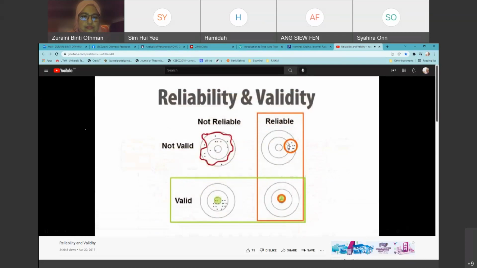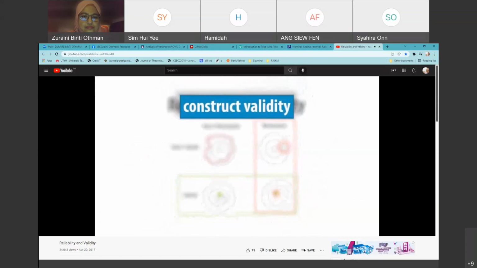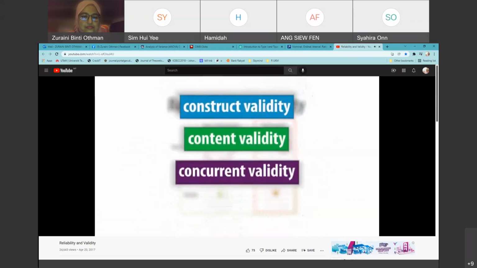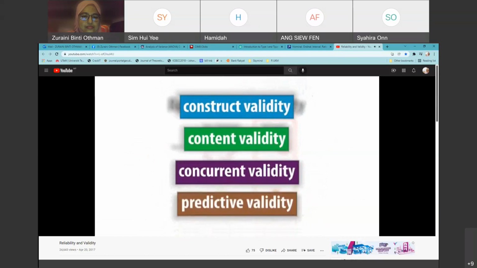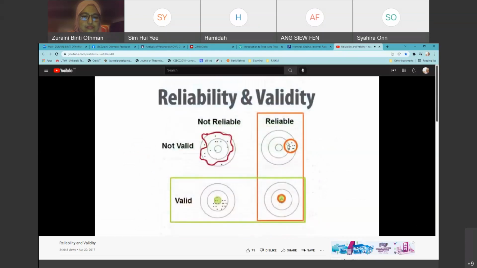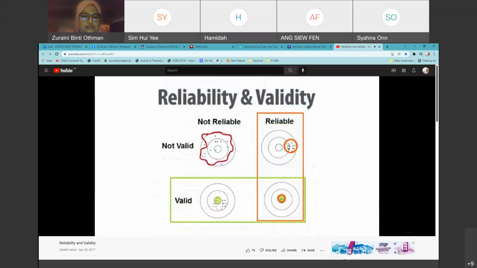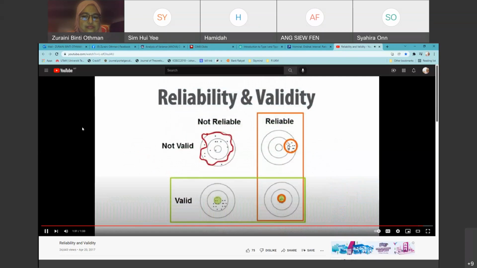Validity refers to the accuracy of an assessment, whether it's aligned to theoretical constructs, content, and scores on other measures or future measures. A test can be reliable, meaning you get the same scores if you retake it, but not valid, meaning that the test doesn't measure what it's supposed to measure. Thus, it is important to ensure assessment validity and reliability.